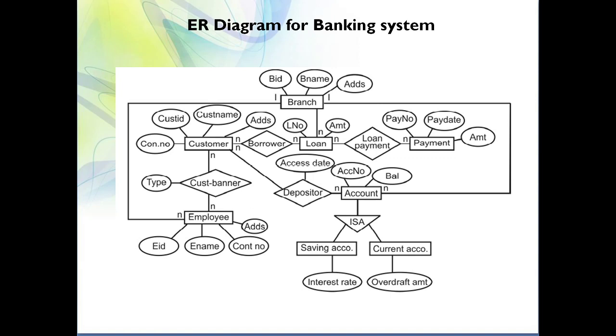So how to avoid this? In order to avoid this, what is the solution? In account, you will take one attribute called type of account. Here you will take one more ellipse. We know that an ellipse is used to represent an attribute. So here you will take one more attribute in the account entity called type. And the type of account is saving account or current account. So I recommend you not to use the is-a kind of relationship. Instead of this, you will add one attribute into that particular entity. So this is a sample ER diagram for a banking system.